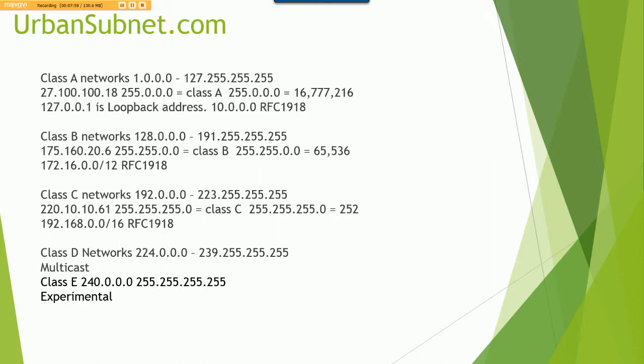So if you follow this along with me here, you can see our Class A network has the first 8 bits being used for the network prefix. So the first number is the network number. The remaining 3 octets are the host. On the Class B network, the first 16 bits are used for the network number. So 175.60 is the network, 20.6 is the host, the remaining 2 octets. This is what the subnet mask looks like,